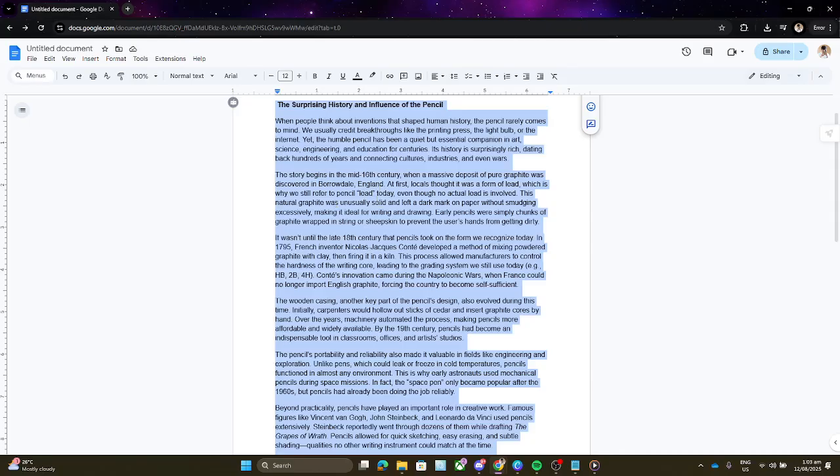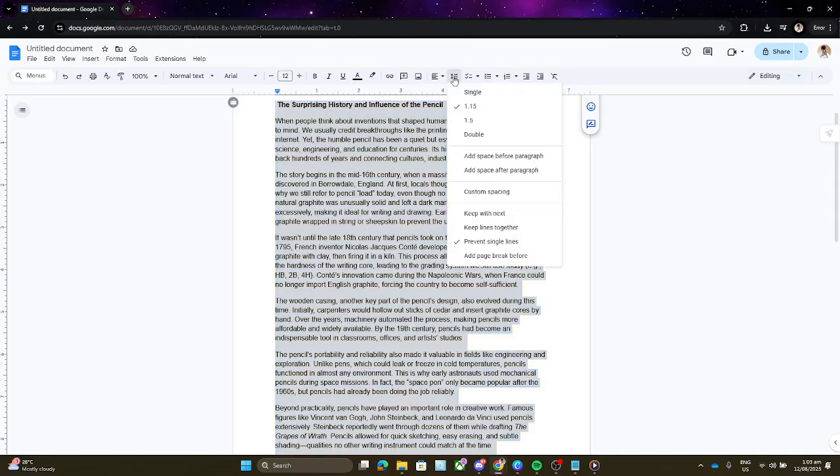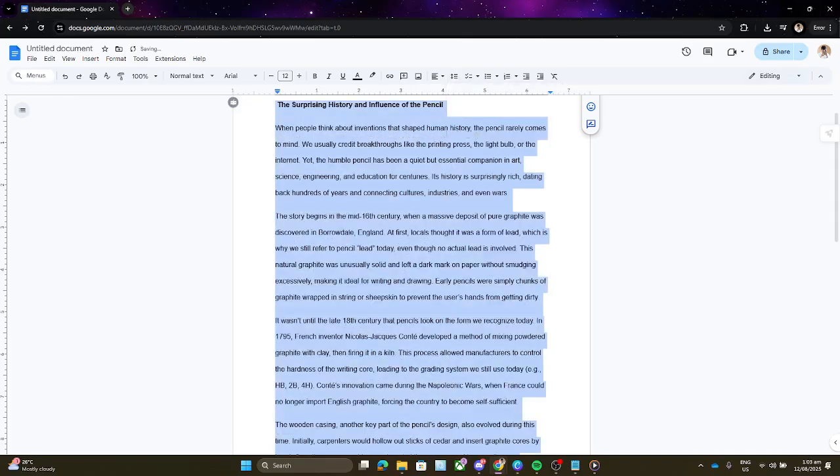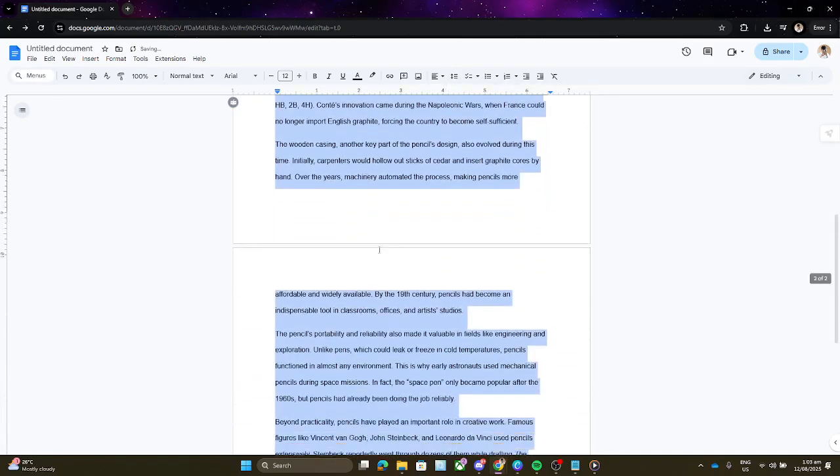Continuing with formatting, our next adjustment is changing the line spacing to double. Double spacing not only adds perceived length, but also enhances the clarity by separating lines, making it easier for anyone reviewing your essay to follow along. To do this, highlight the text again, then navigate to the Format menu, and from there, hover over Line and Paragraph Spacing and select Double. You'll immediately notice how the essay gains more white space, providing a visually appealing layout,